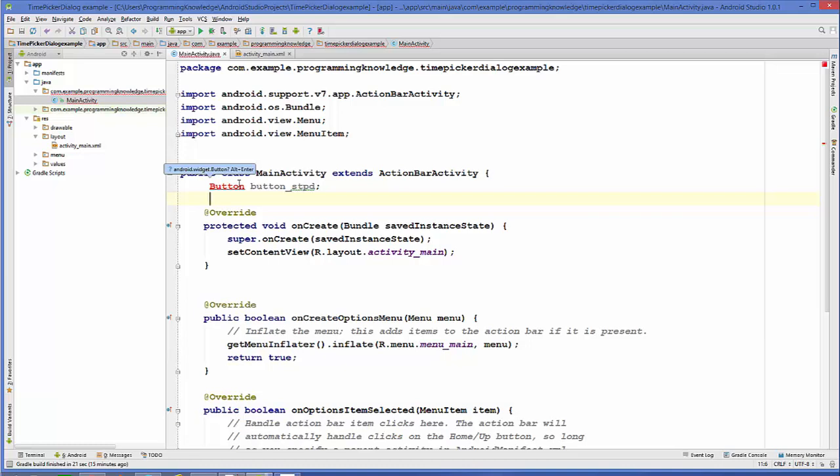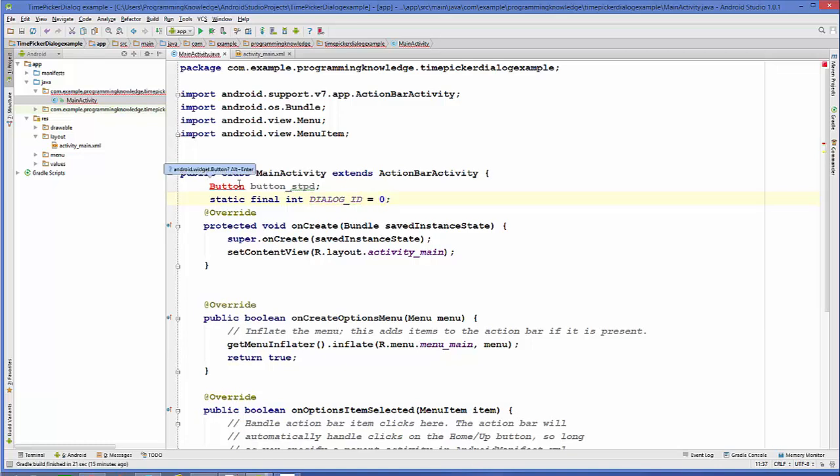Okay, so let's create those three variables. First will be the dialog ID, which is an integer. So let's create it. Static final int dialog ID, and I can initialize it with 0.